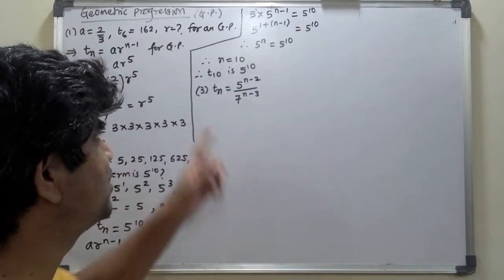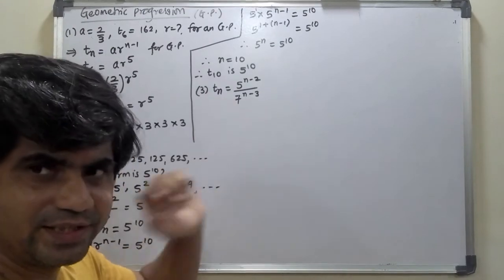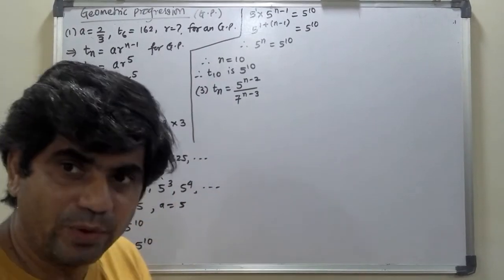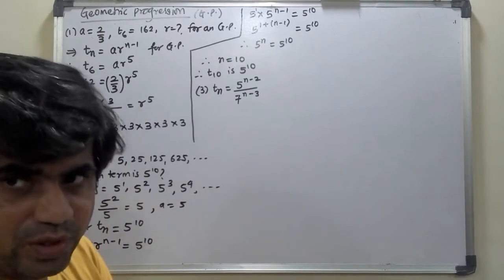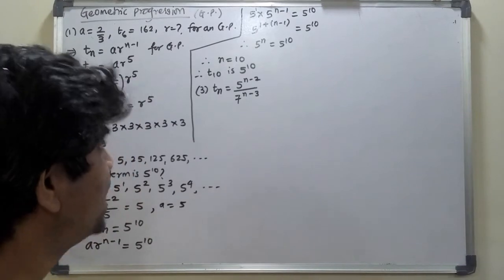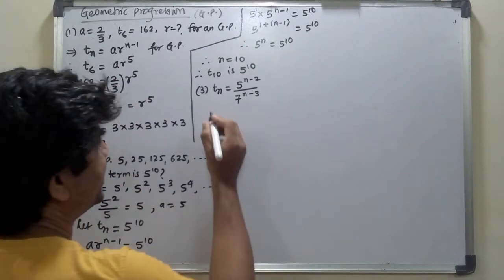You can check also, write T1, then T2 and T3, but that is not the way to show it when it is asked to prove it. That is not the way generally we do it. You have to do it in the format which has been told to you. Now I know it's a GP.